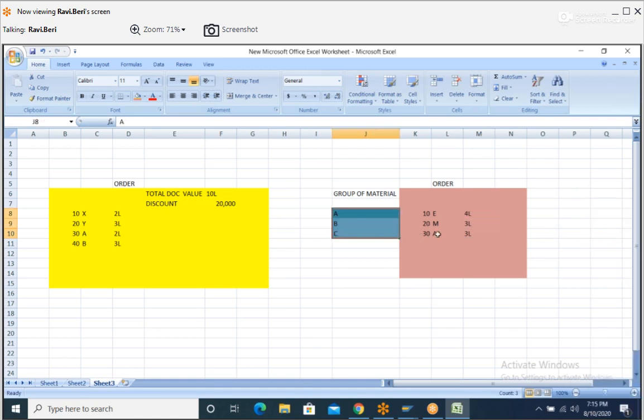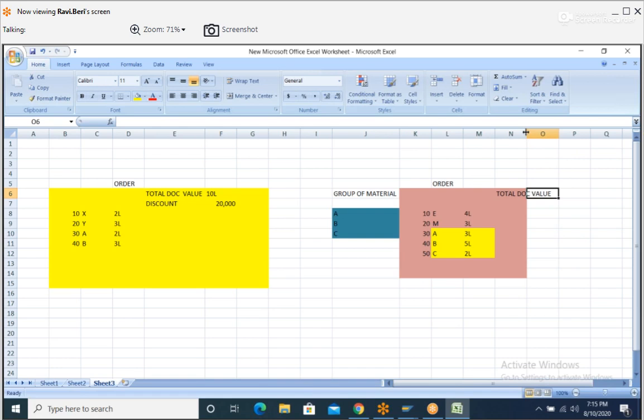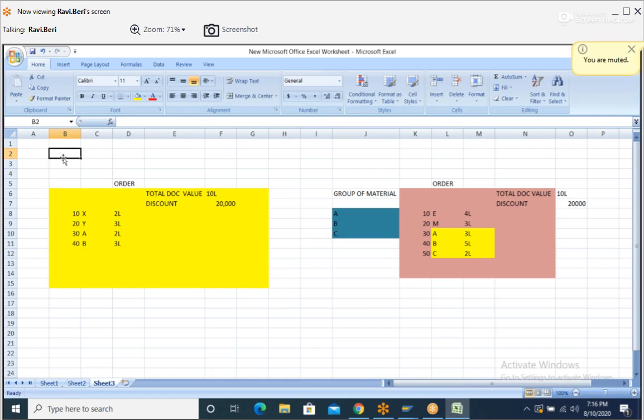Even though the total is 10 lakhs, this group of materials value is only 3 lakhs. The requirement is one: if the total document value reaches 10 lakhs, then they want to offer discount, or